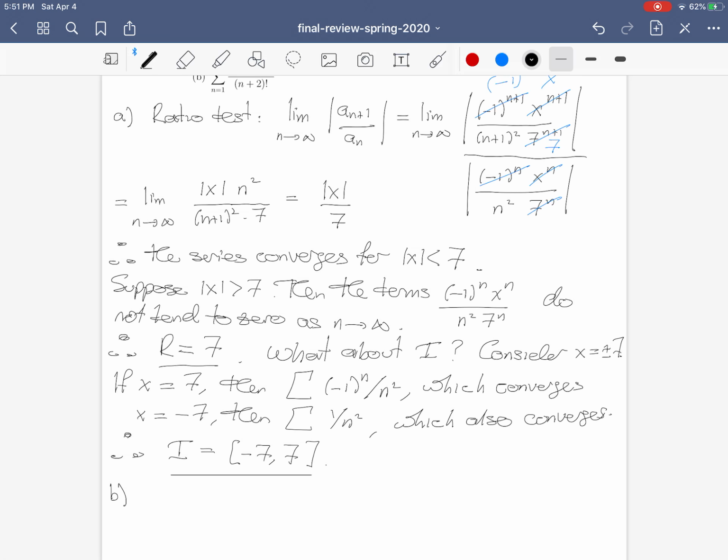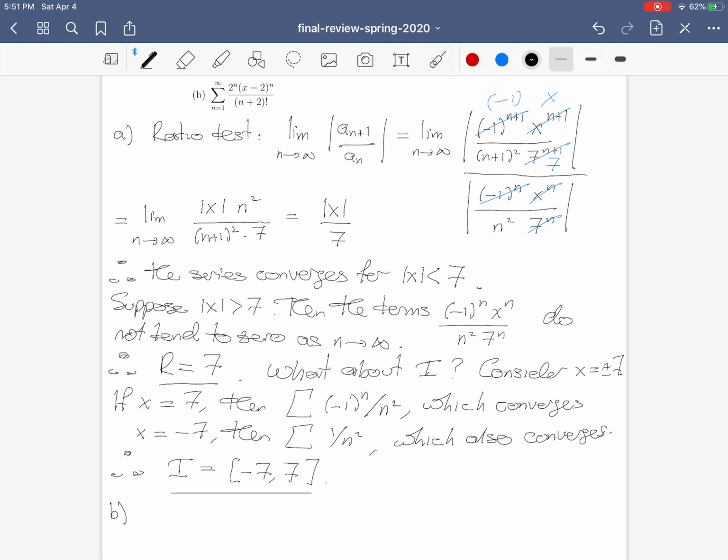Okay, let's move on to example B. So for part B, we're asked to determine the convergence or the radius of convergence of this power series. And again, we'll do this by the ratio test. So let's look at the limit as n tends to infinity of the absolute value of a_{n+1} divided by a_n. This is the limit as n tends to infinity of 2^{n+1} |x-2|^{n+1}